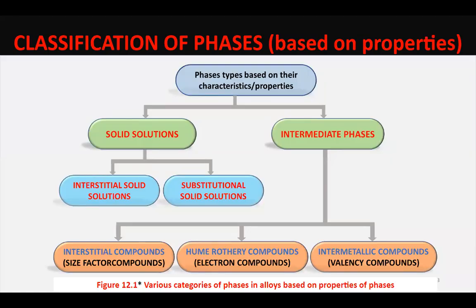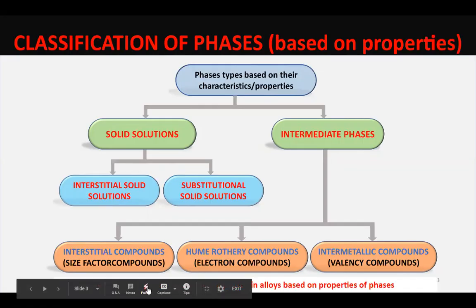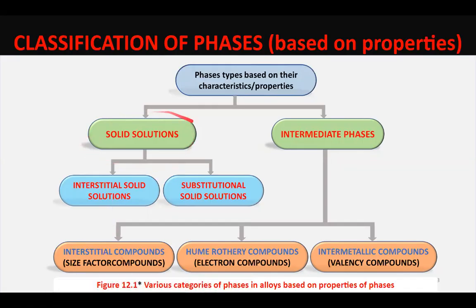This flow diagram I had shown to you in the last session. And you see here we are trying to show what type of phases exist in alloy systems when the classification of phases is done on the basis of the properties or the characteristics that they show. And it was discussed that there are two main types of phases. You can have either the phase that is existing in the material system would be a solid solution, and